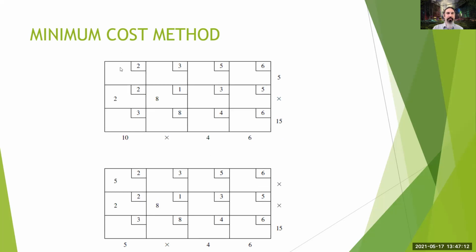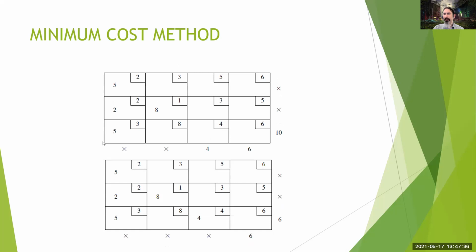And then again, I will pick this 2 because it's the least value anyway, the minimum cost again. So I will add a value of 5 over here, which will eliminate this row and make this demand drop to 5, as you can see here. Now, 2 rows are eliminated, 1 column is eliminated, and we have 3 points left. And I will just add 5, 4, and 6 over here. As you can see, 5, 4, and 6 will be added over here, and we are done with the minimum